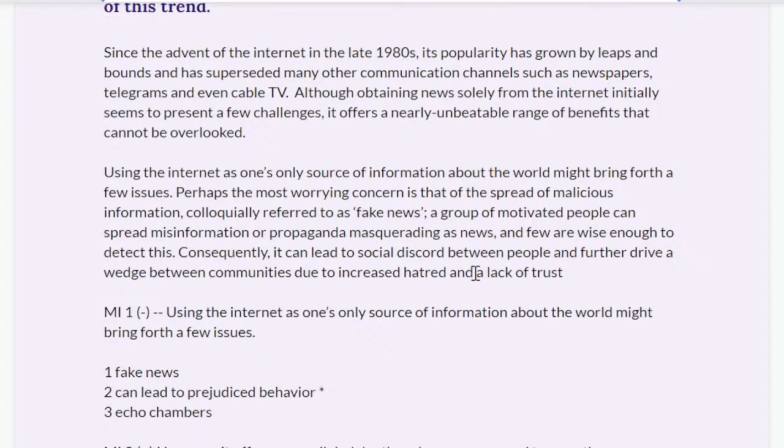Consequently, it can lead to social discord between people and drive a wedge between communities. I don't think I need to say wedge between communities because it's the same thing. It's redundant. Due to increased hatred and lack of trust, which can also lead to real-life incidents of violence. Or what else? Or maybe, let's say, yeah, I think this is fine. Or other, I think this is fine. This is okay now. And the last thing,